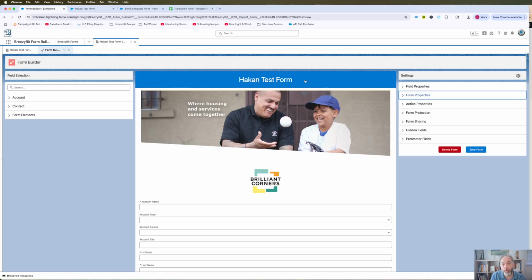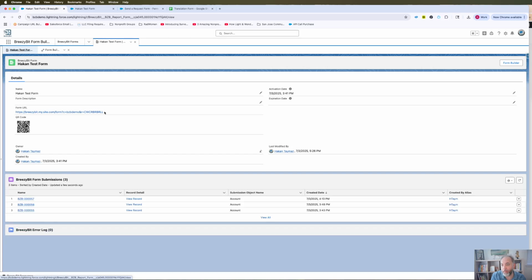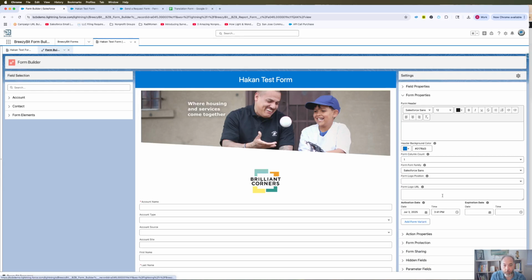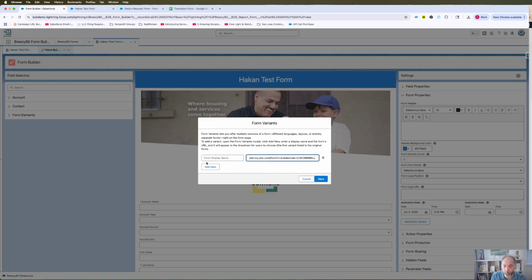How can I do that? I just need to click on the form header here, and under the form properties, you will see there is the add form variant option. Here, what I need to do is, whenever I add a new form variant, the first one needs to be the original form itself. So for that, I just need to get the form URL, and then here I just click on the add form variant and add new,